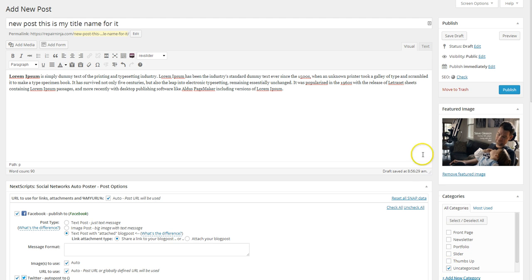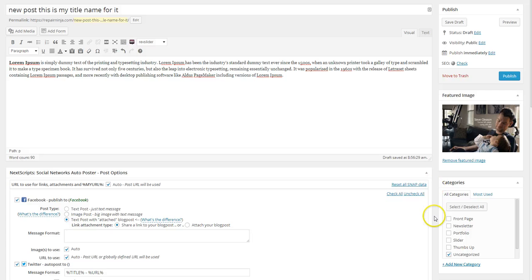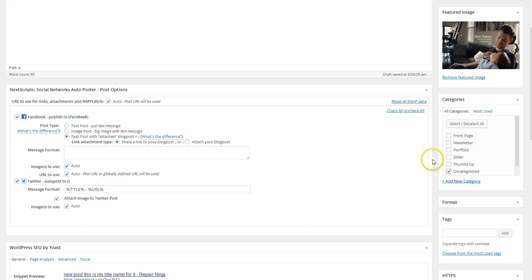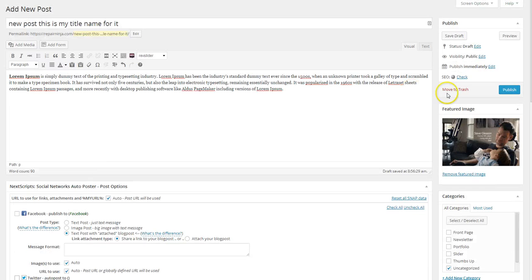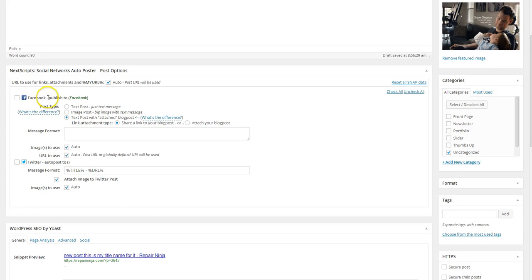Category, just out of habit, I like to choose a category. You don't have to. You can set this up where it only auto posts for certain categories if you wanted to. But for my clients, I've got it set up where it's going to auto post unless you go over here and uncheck these. When you do a new post and you click publish, it's going to post them. So if you publish something and you're like, oh man, I didn't want that to go out to Facebook, if you've already clicked publish, it's probably too late. You need to run over to Facebook and delete the post. So by default, these are going to be checked, and you could have,